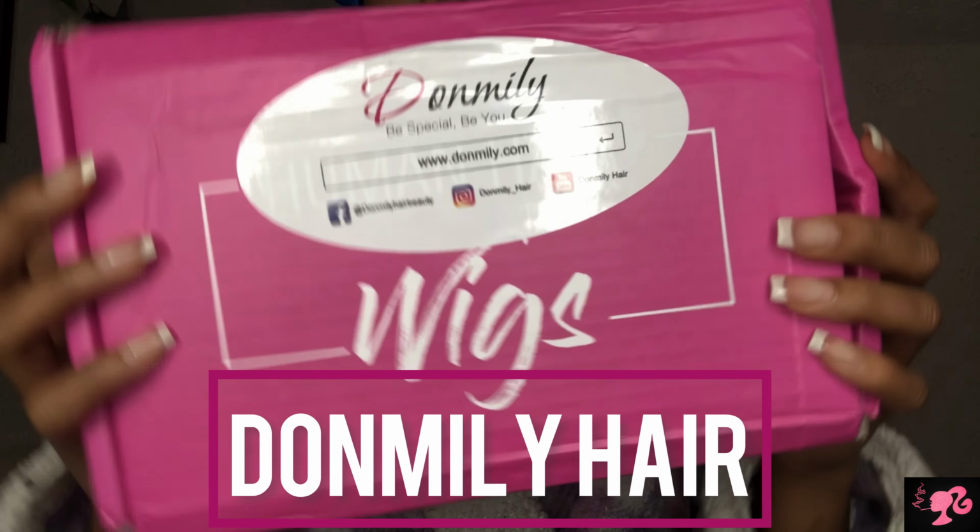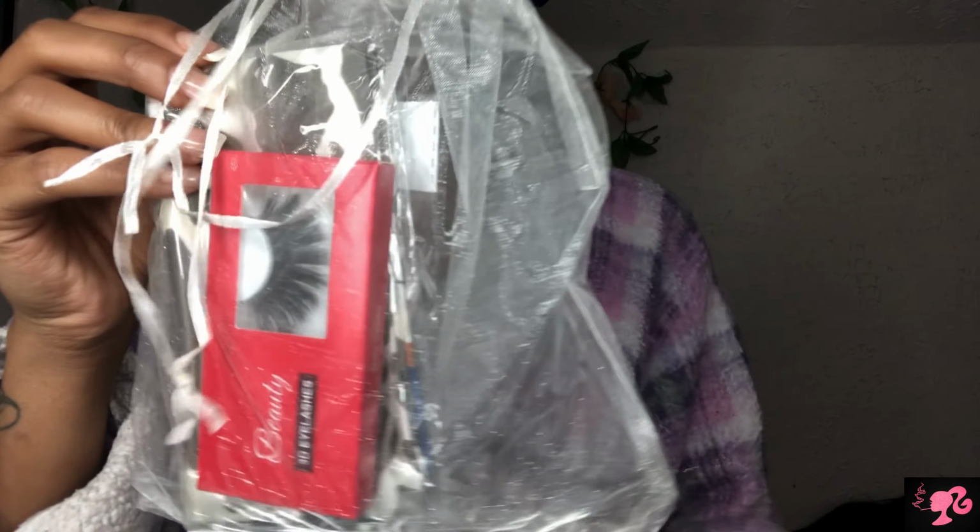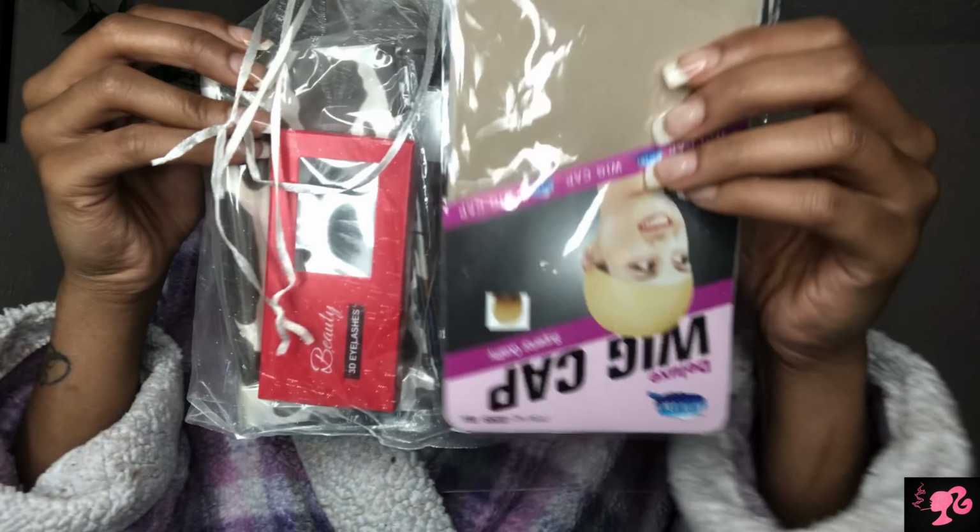They sent me this water wave pre-color brown wig and I'll be installing it with y'all. I'll be showing y'all exactly how I got the look that I did get. Inside of the boxing they gave me a pair of eyelashes, a wig cap, and some hair clips, y'all. Definitely cute gifts. Y'all, I be loving the little gifts that come with the wigs, but this is how the